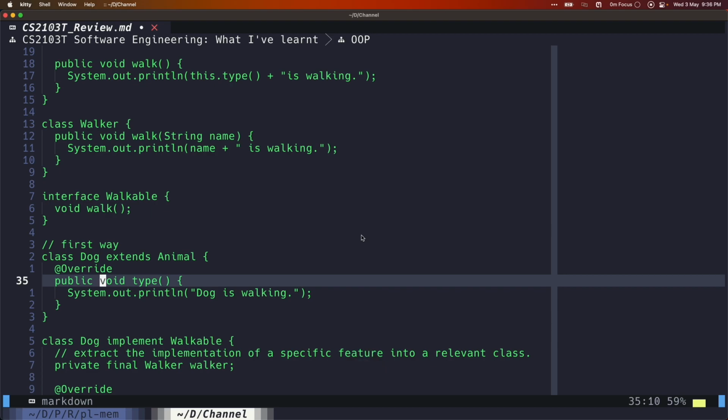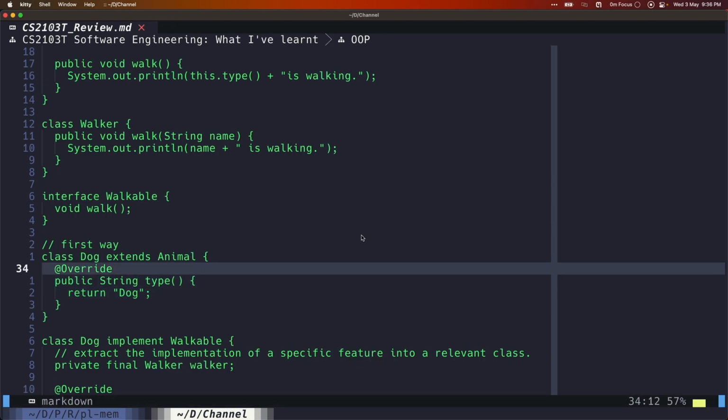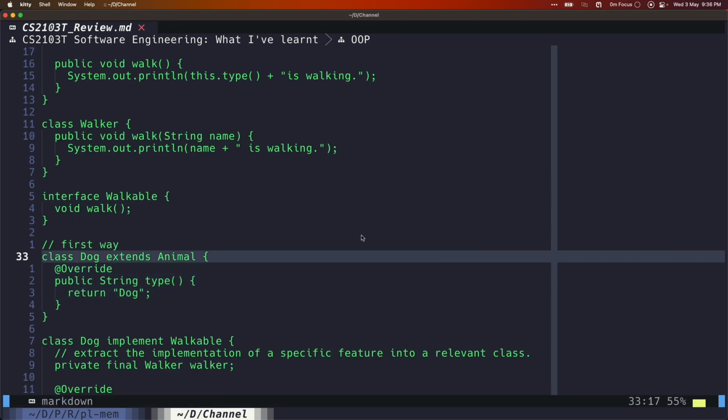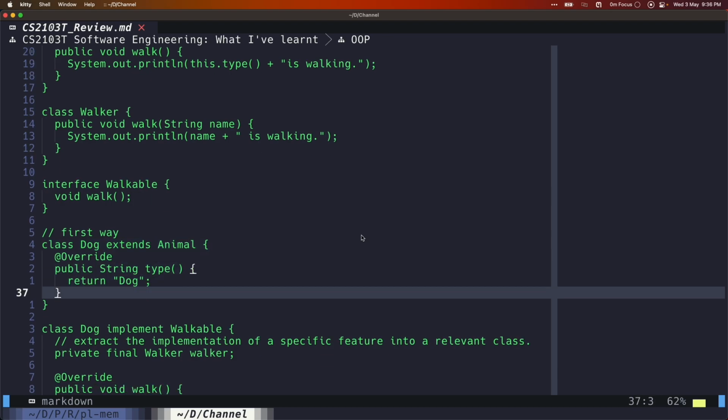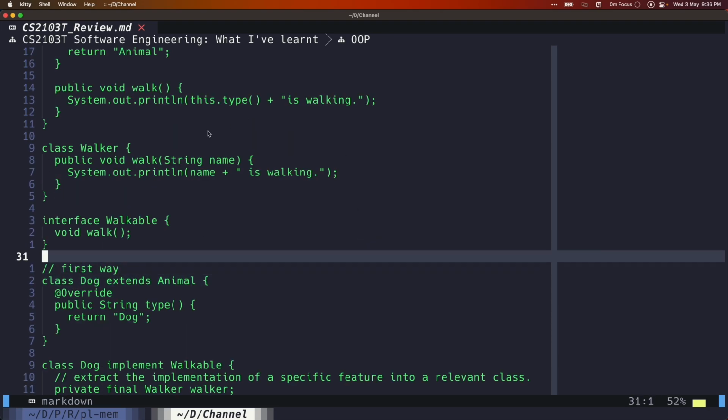And what we do here is we return a String type, and we want to return "dog", right? Basically now the dog class will be able to print "dog is working" when you call work on dog.